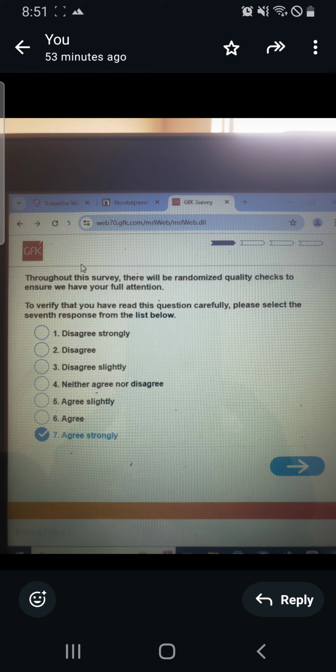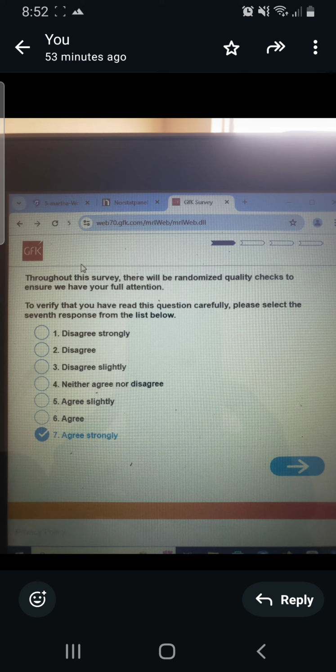That is why they introduce these quality checks at some point within the survey. And mind you, most surveys have these quality checks. Some sites will just allow you to do your nonsense after failing the quality test, but at the end of the day you work for them, which is why at the beginning of your survey journey you have to make sure you pay attention. Especially when it's a new account, pay attention to the questions you are doing, and make sure your answers are a little bit logical.